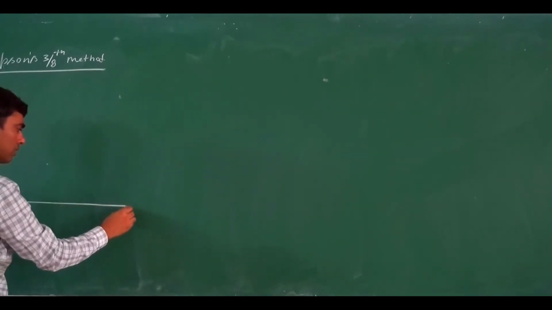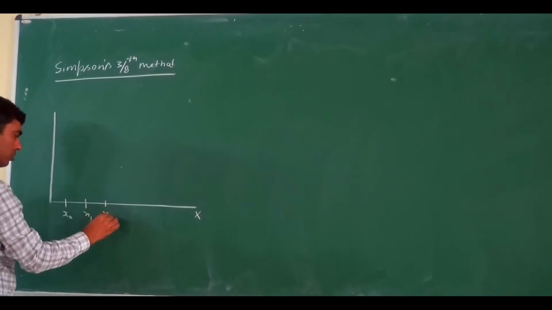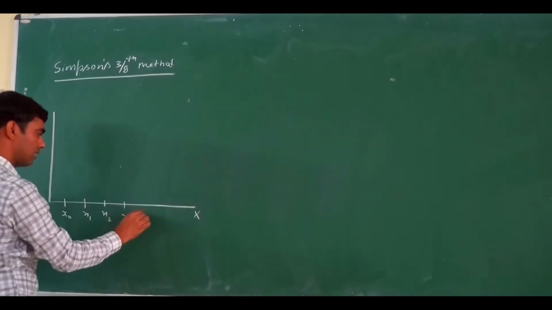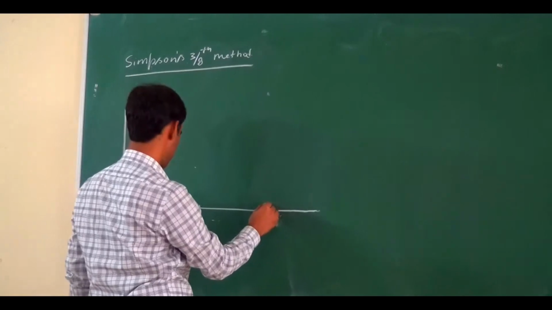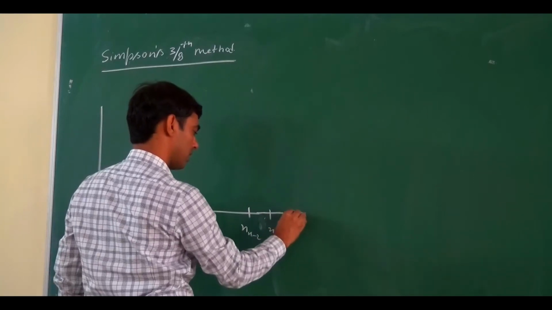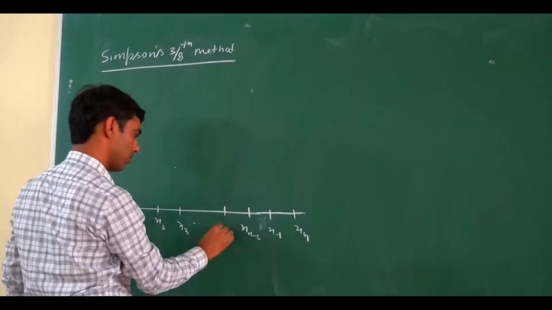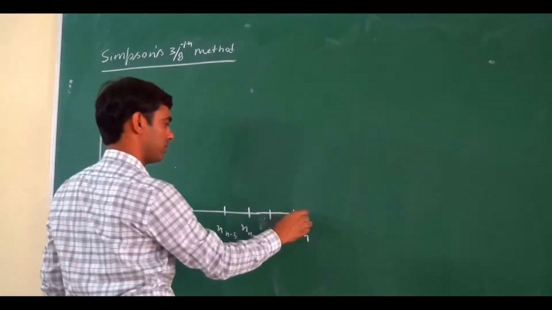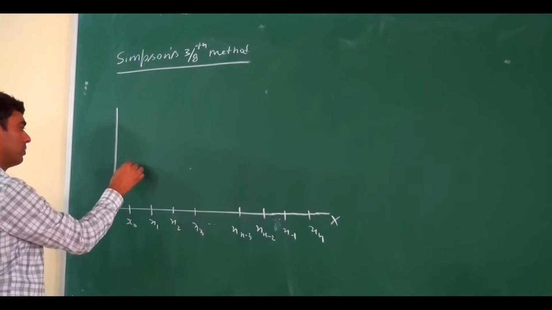Suppose n plus 1 ordinates are given on the x-axis. Suppose the values are x0, x1, x2, x3, and similarly here xn minus 3, xn minus 2, xn minus 1, xn. So this is the x-axis, and corresponding values y0,